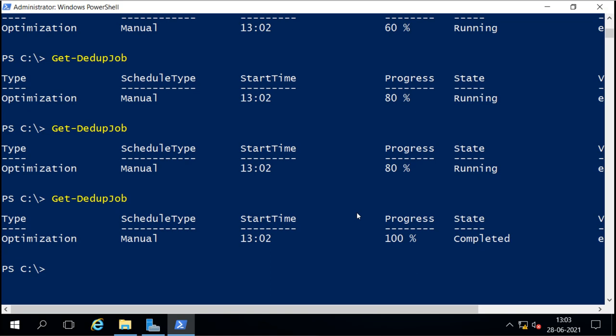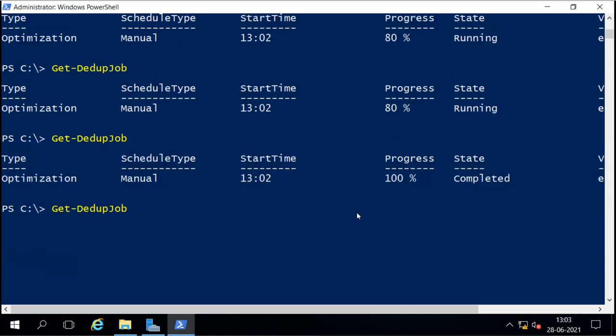Now the task has completed. When you run Get-DedupJob, there are no jobs showing because it has completed 100%.